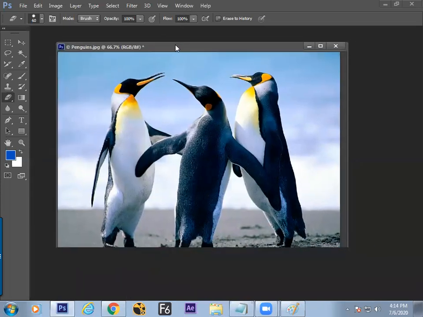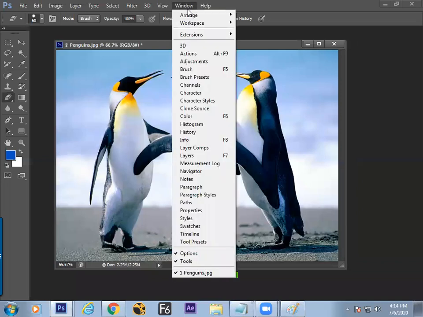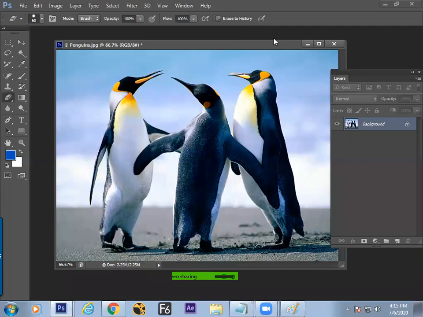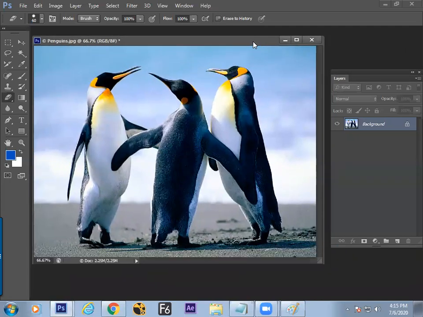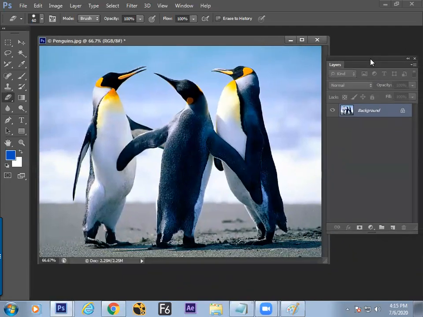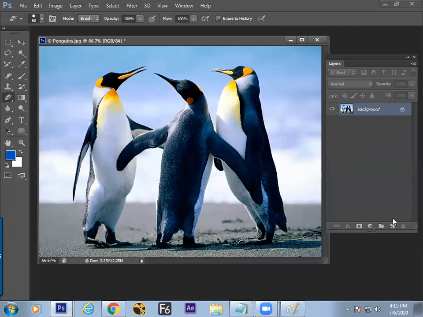Step number 1, open the image first. Step number 2, open the layers. Inside the layer window, there is a small button on the downside of the layer window. The third button from the left, 1, 2, 3.